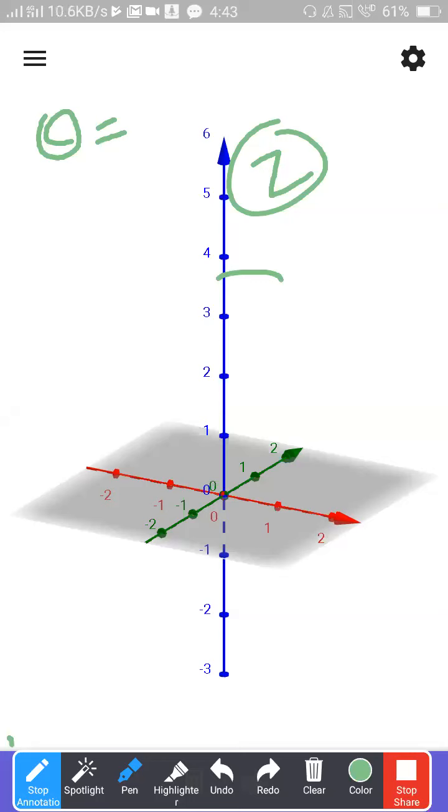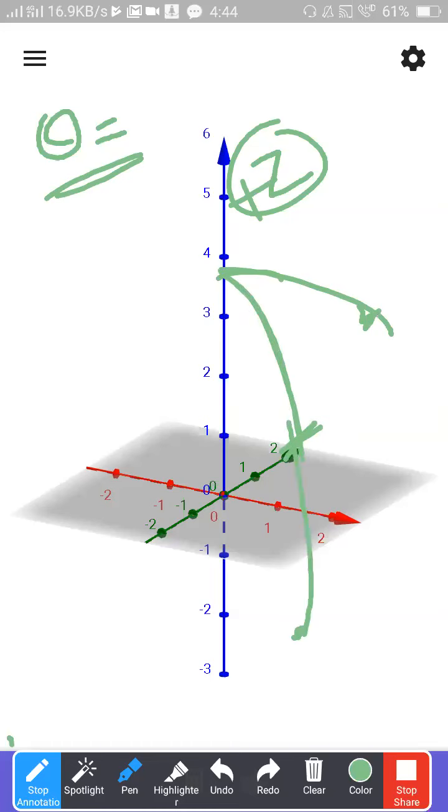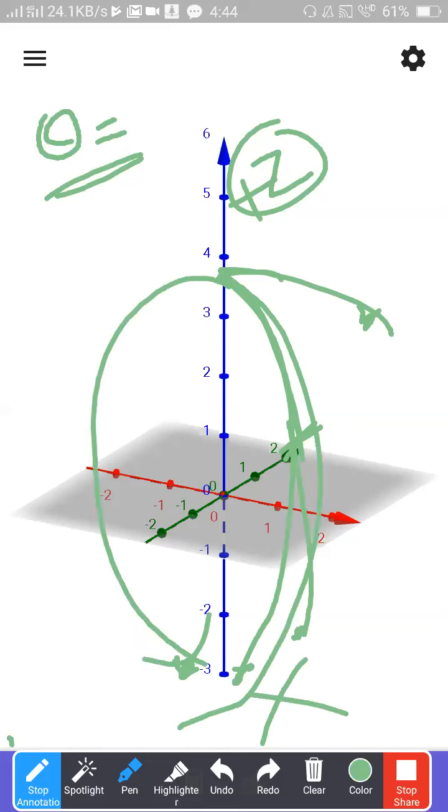See, please remember that theta is always an angle measurement from the positive z-axis. Please note it down in your notes. Now, if I take some point here, you can measure the angle. If I take some point here, what will be the angle? 90 degree. If I take the point here, again you can measure. Even if I take the point here, you can measure 180 degree. Suppose I take the point here, can I measure in this way? You cannot, because you have to measure in this way.